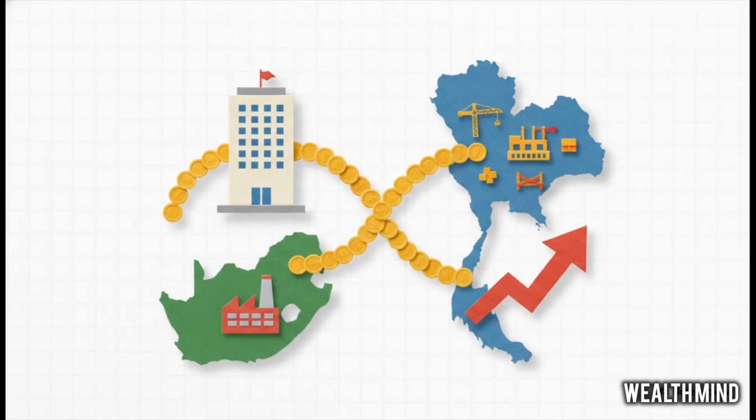Now, what if the company actually successfully expands to South Africa? But then, a few years later, they decide, hey, we want to expand to Thailand now. They're going to need another massive round of funding, right? Well, they can actually issue shares to the public again. When they do this a second or third time, it's known as an FPO, or a fresh public offering.